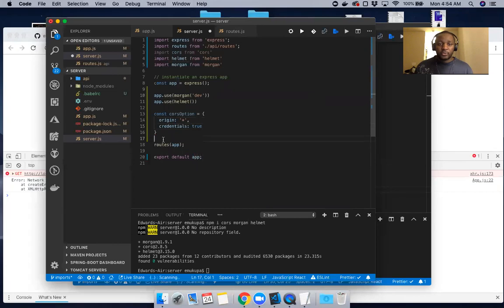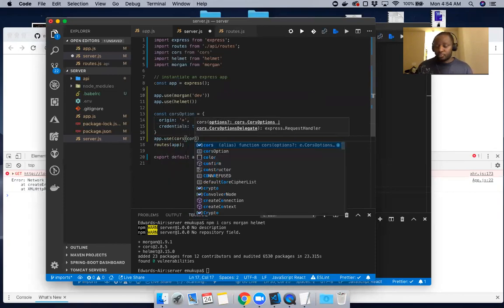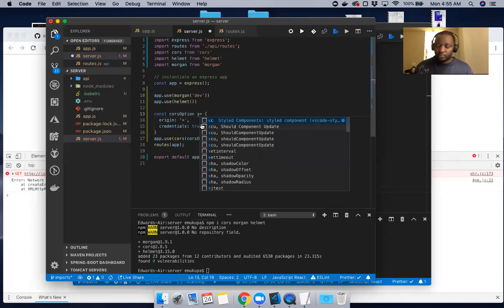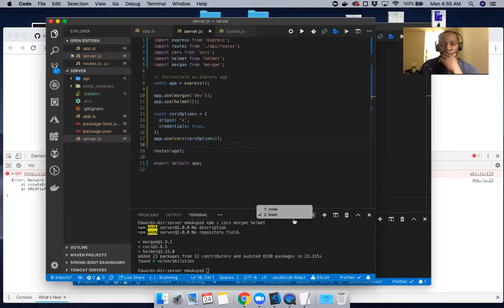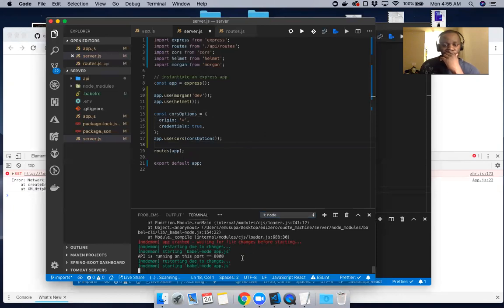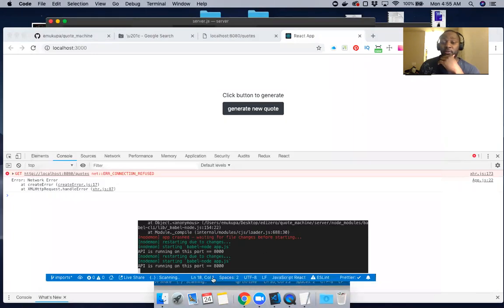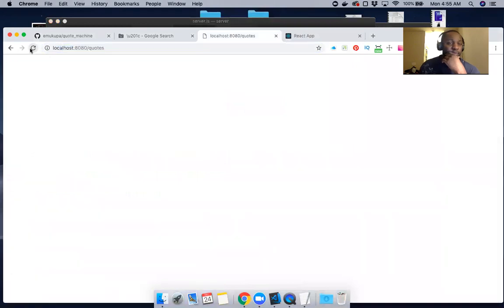But then I'm going to use cors, passing in those options. Make it plural. Okay. Now for Morgan, you see here, if I go here to the endpoint,